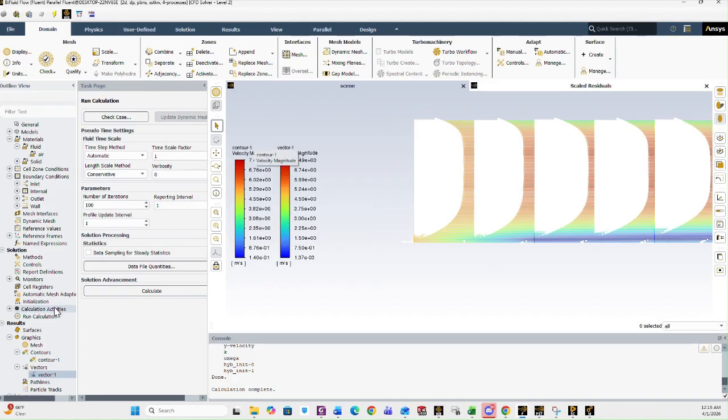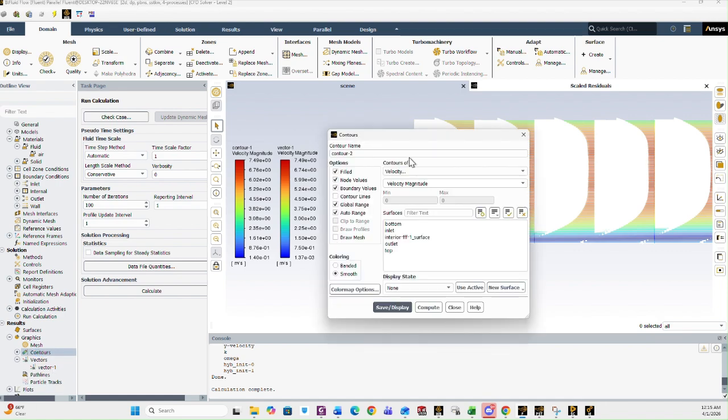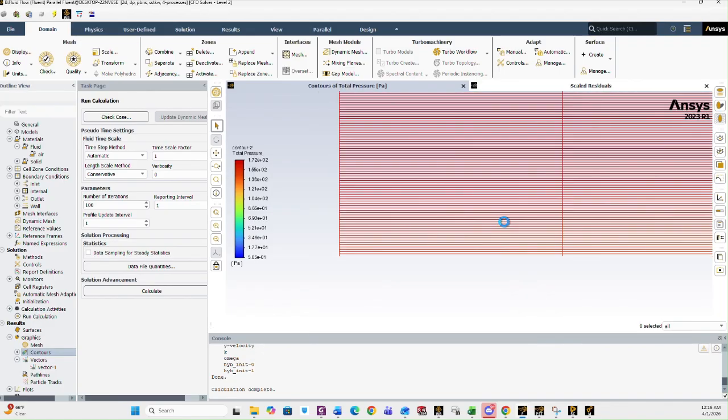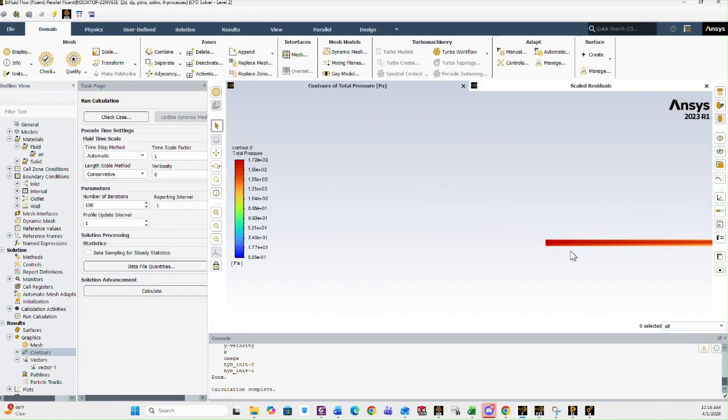Next, it asks for the pressure contour, so that's not going to be too bad. Go ahead, it's a new one. Pressure. I'm going to do total pressure. Close. And then as you can see,